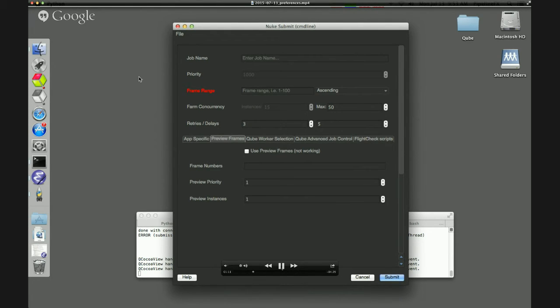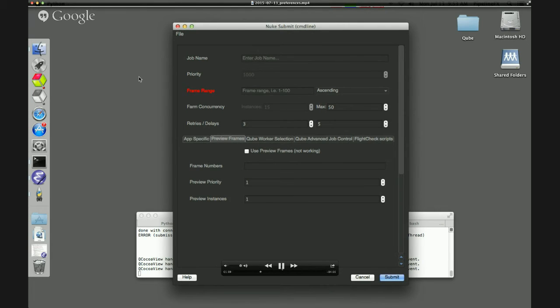Submission preferences also allow for parameters to be hidden. They also allow for parameters to be mandated. So if I choose to set a parameter for the facility and not allow anyone to change it, I can now do that. I can also set parameters and make them hidden so that users don't even know that parameter exists. The parameter is still submitted with the job. However, the user doesn't know that it's ever there and they can't change the value.